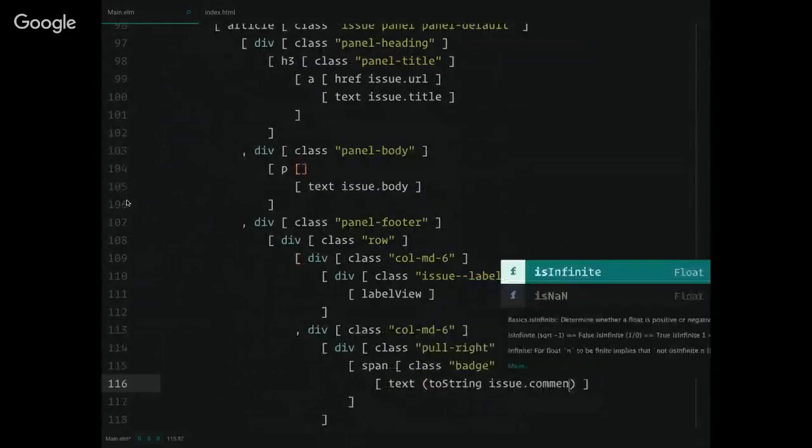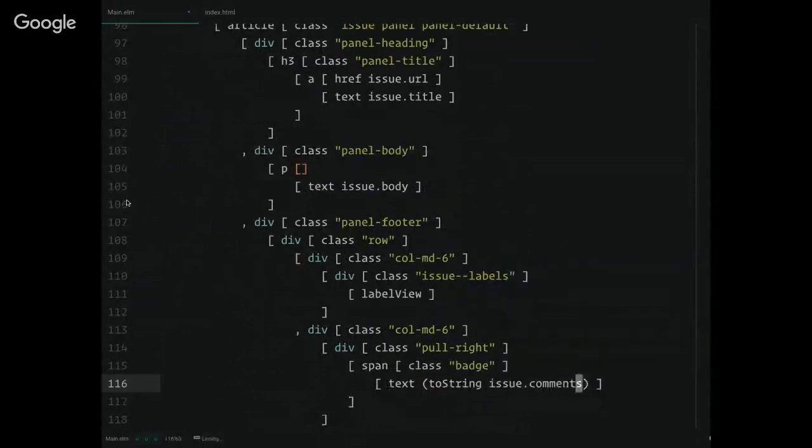And this part's important here. Text requires that you pass it a string. So this toString function will help you out and just convert anything you pass to it into a string, within reason. And this is another good example of where the parens come in. You just keep throwing them in there. There are syntax sugar things that you can pass in, so you don't need the parens everywhere too. You can pass in arrows, and we can work with that.